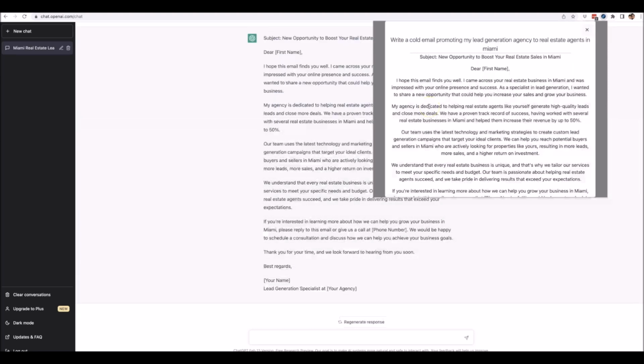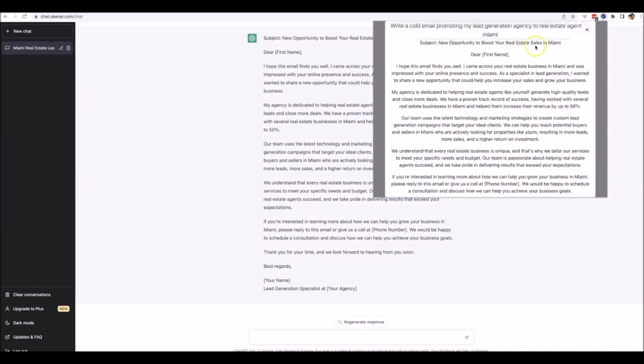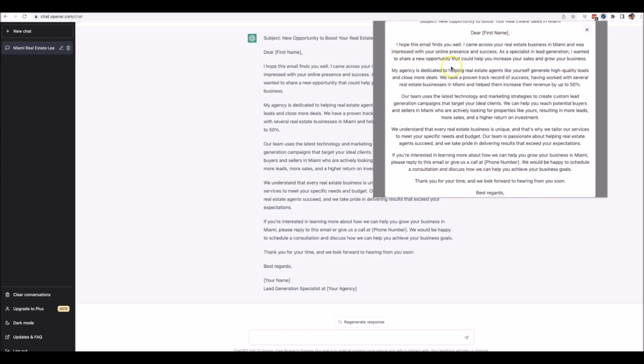And there you go. Within a matter of seconds, ChatGPT took our pre-written prompt template and the information that we supplied it with, and it wrote this perfectly written cold email outreach that you can use to start promoting your agency to local real estate agents in the Miami area. And you'll be able to read some of this to see that it's truly a high quality email that you